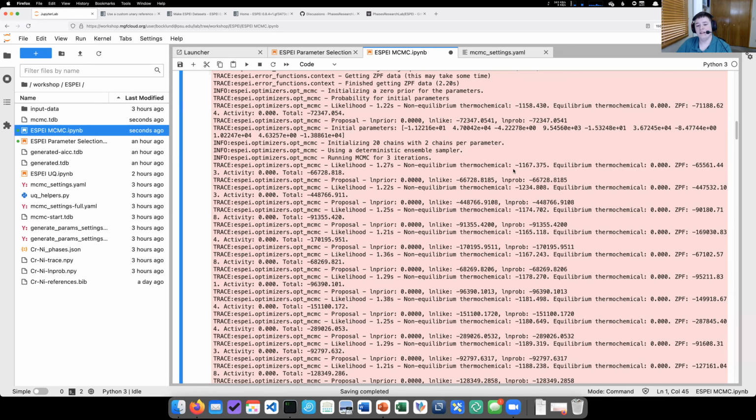So the log likelihood for the non-equilibrium thermochemical data is about 1100 here. We're not using equilibrium thermochemical data, so it's 0 for this case. And then the phase boundary data likelihood is about 65,000. Again, these are all log probabilities, so we can just sum them. And so the total likelihood is 66,000. These numbers, in a sense, don't really mean anything. They're just